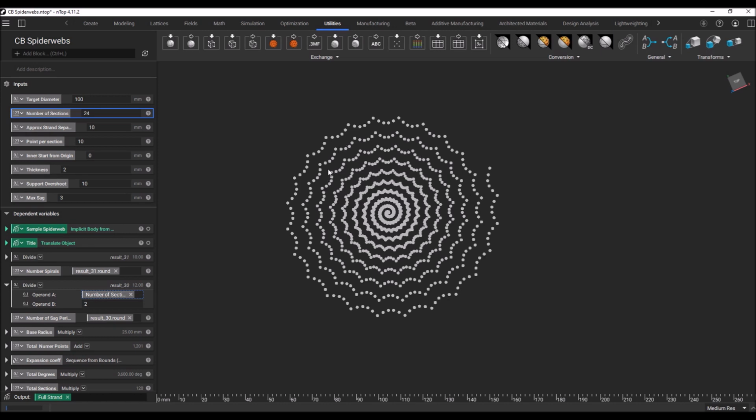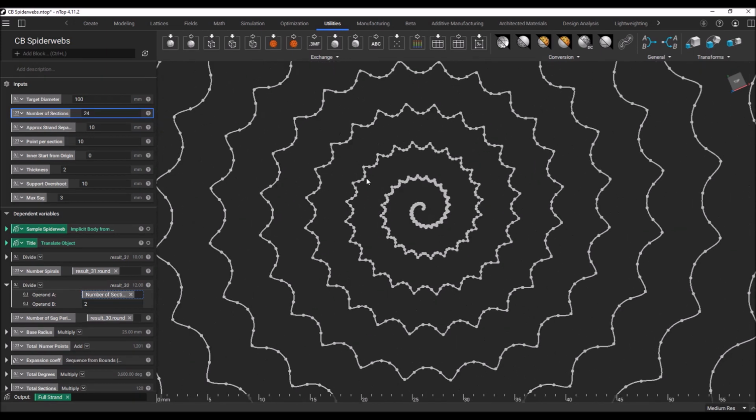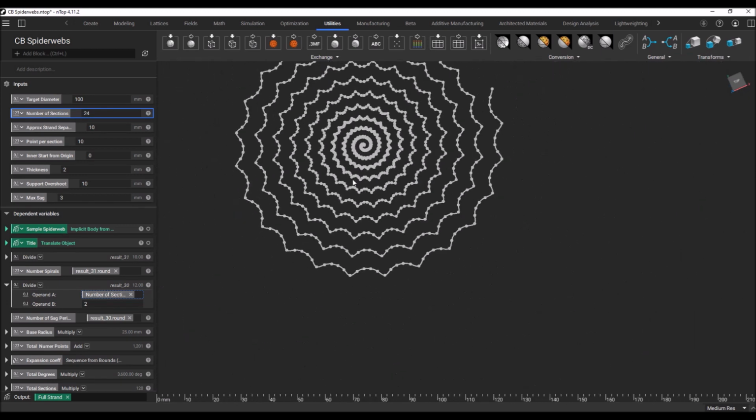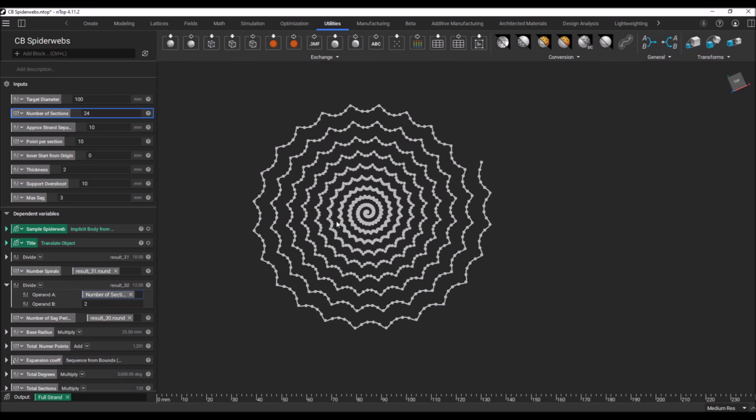and it takes a lot longer because, of course, when you increase the number of sections, you increase the total number of points, and then the curve is calculated over those points. So it takes a little bit longer to do that. But there you have it. That's the basics of my Spiderweb generator,